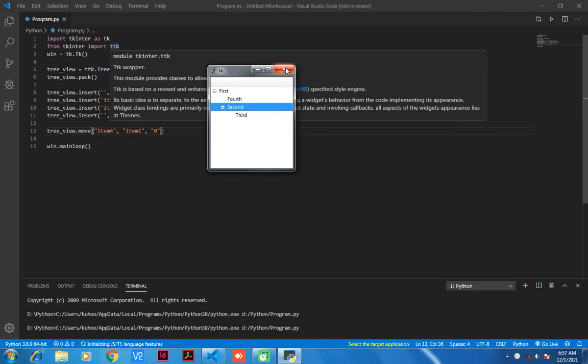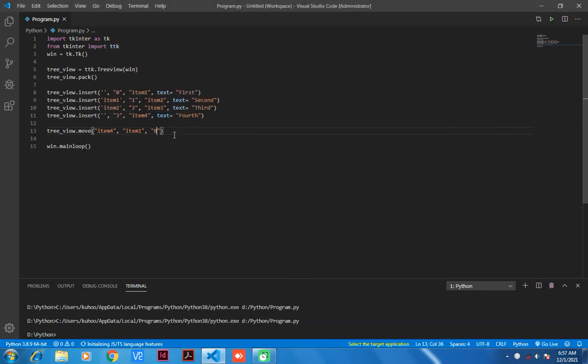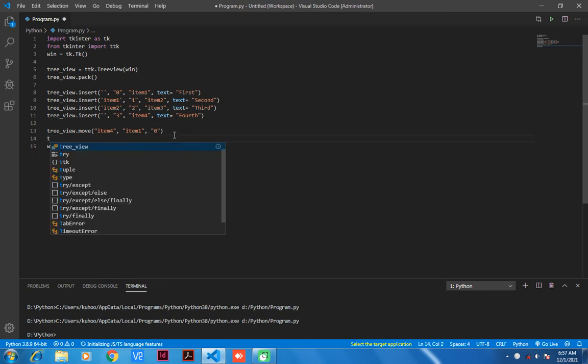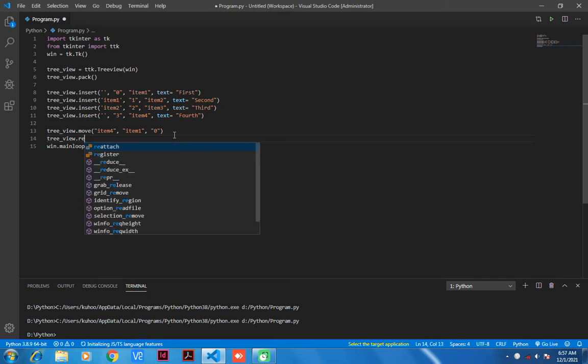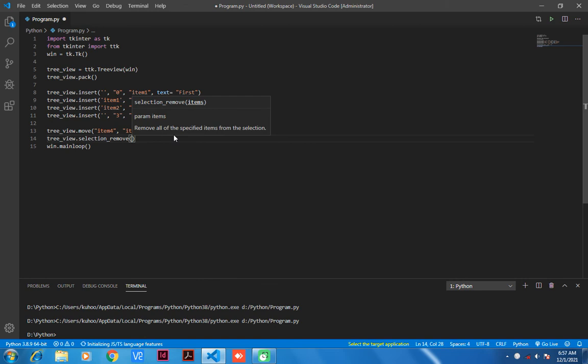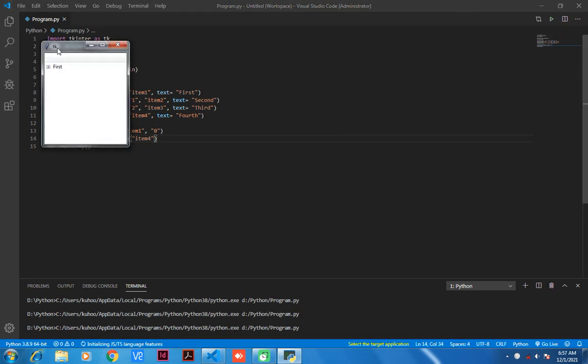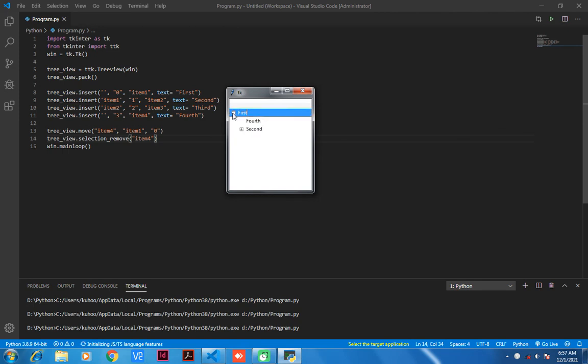Okay, so now if you want to remove any item, so treeview.selection_remove. Okay, so here we will write item4. Let's say item4. Now when we will run it, when we will click the first one,